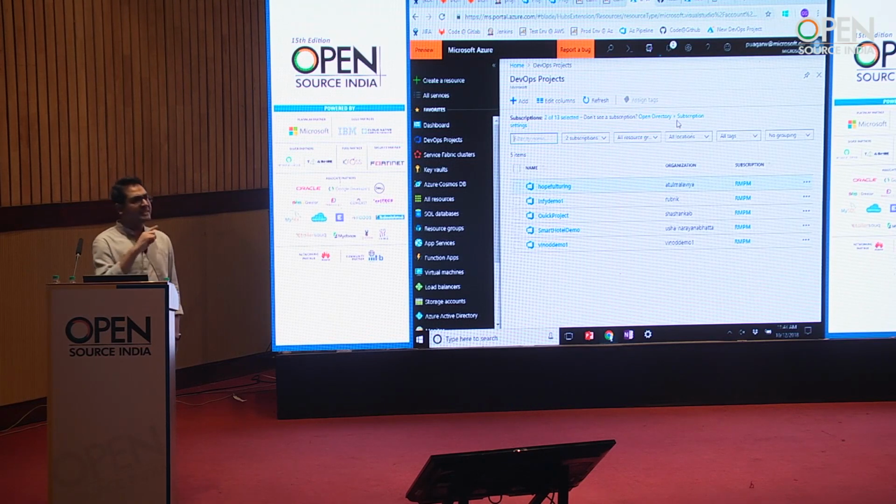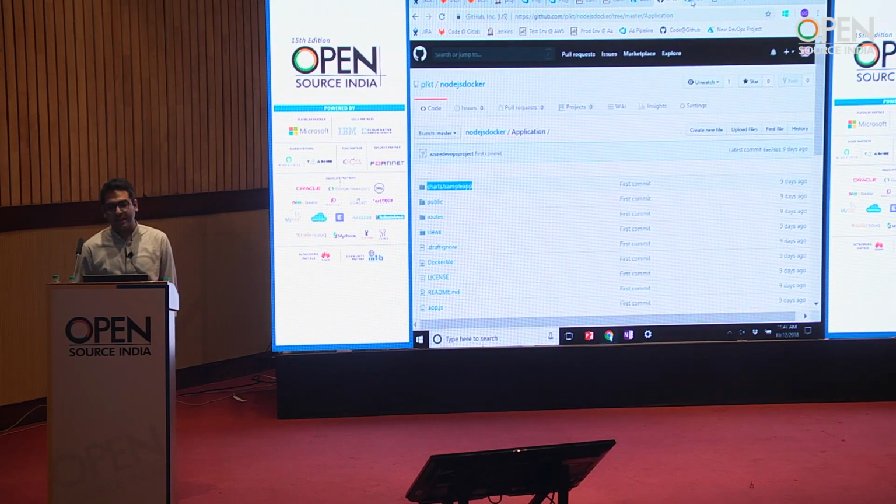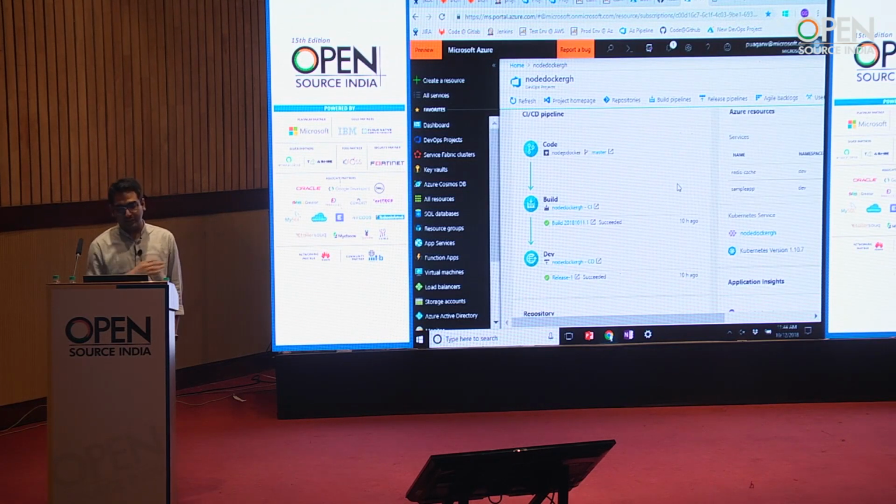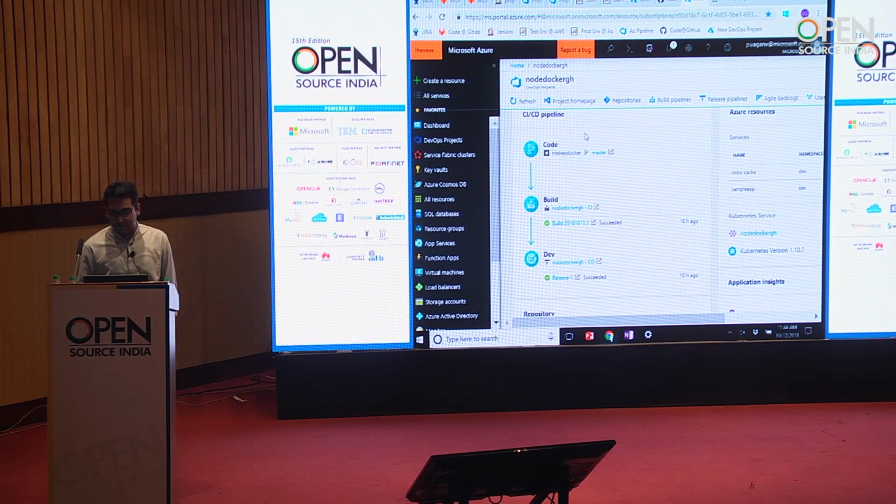Because we are creating a new cluster, the setup takes some time. So for the sake of this demo, I have pre-created one endpoint, which is basically using the same workflow. For example, I have my code repository. Let's see if the font size is visible.